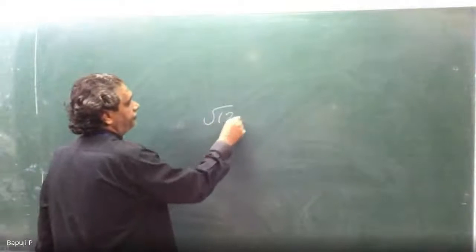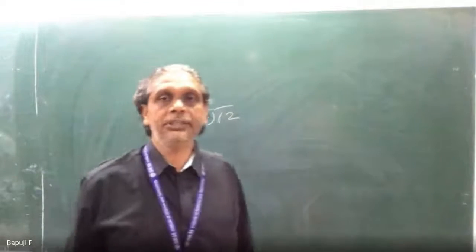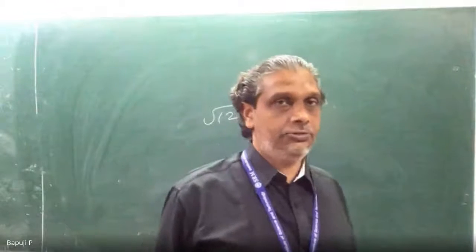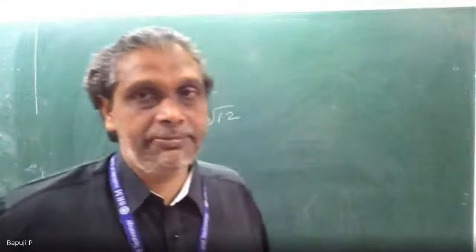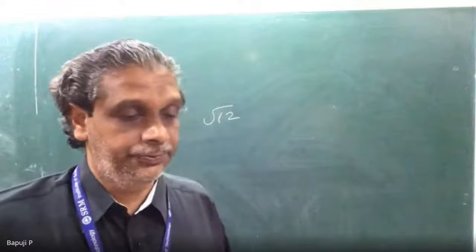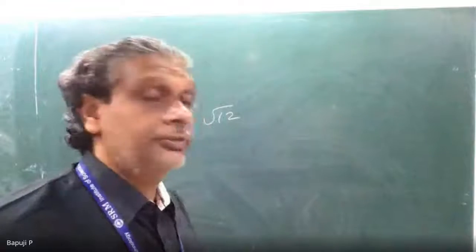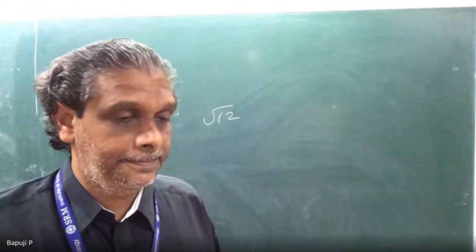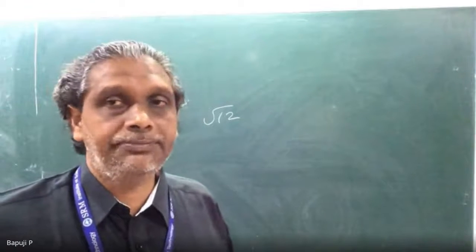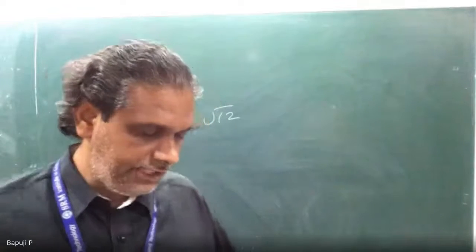See, evaluate the value of root 12 using the Newton-Raphson method. If they are asking to evaluate root 12, actually using a calculator find out the root 12 value. What is the value? Tell me. These types of problems are very easy. We can be tricky, we can do a lot of things. We can cheat the examiner also. What is the root 12 value? Tell me. Maybe 3 point something you will get, correct? 3.46. Wait. Evaluate root 12 to 4 decimal places by the Newton-Raphson method.